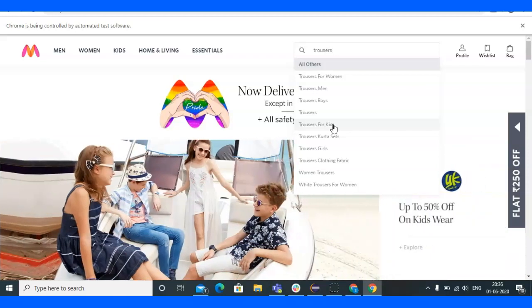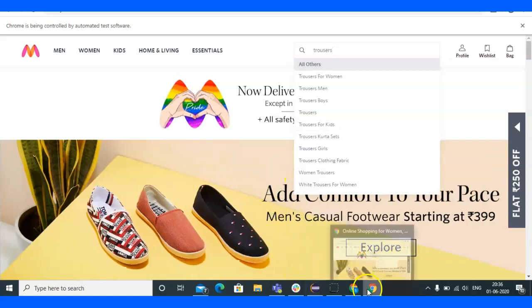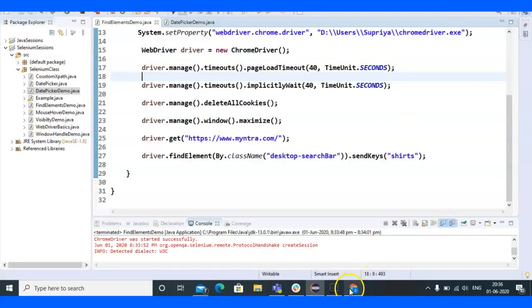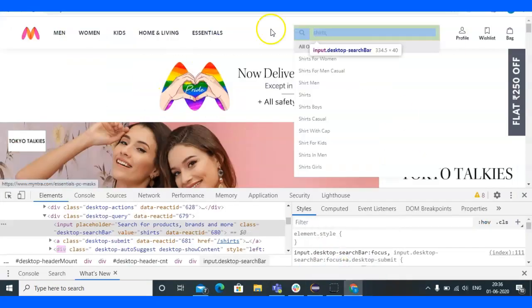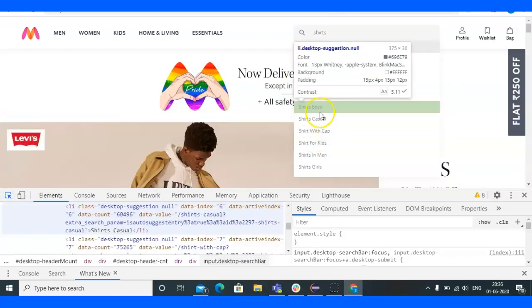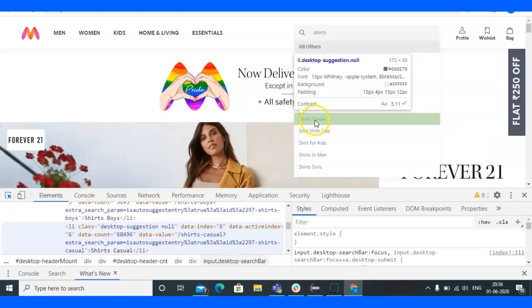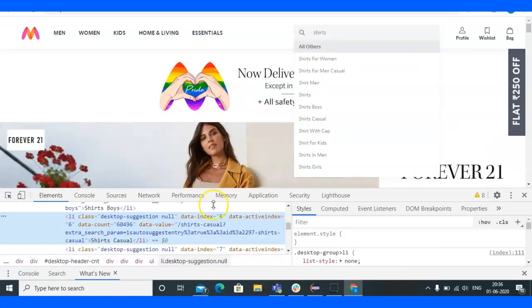Okay, so that time we can make use of findElements. Let me just close this, and for that, I'll locate this suggestions box. So how to do that? For that, I'll pick one of the elements here. I want to go with this shirts casual, so I'll select this, and here on the left side we